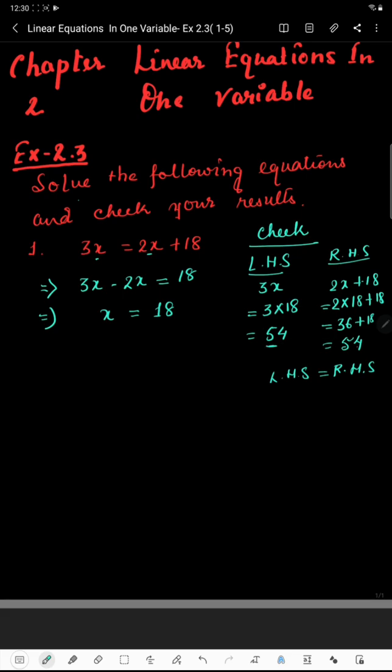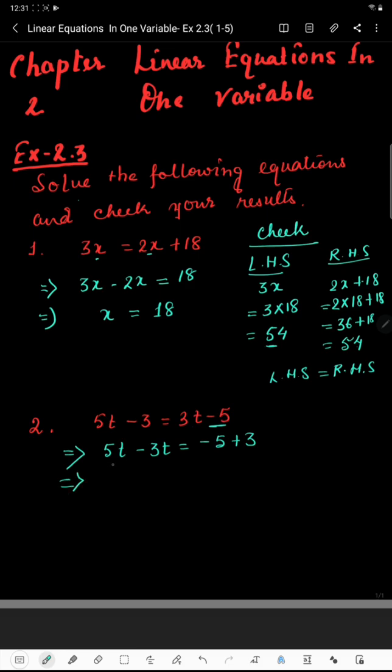Now coming to the next part. In question number 2 we have 5t minus 3 is equal to 3t minus 5, and here t is the variable, so at first we will take 3t to the left hand side, as we will keep the variable on the left hand side. So 5t minus 3t, because 3t has a plus sign and after coming to the left hand side it will be minus. On the left hand side we have minus 3, so we will write minus 3, and minus 5 will come to the right hand side, so it will be plus 5.